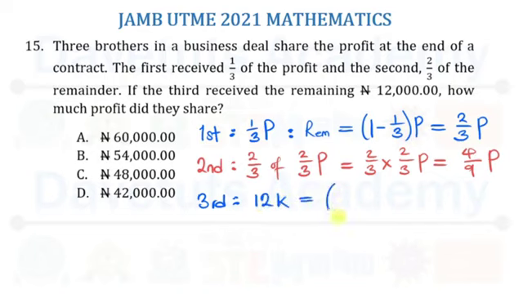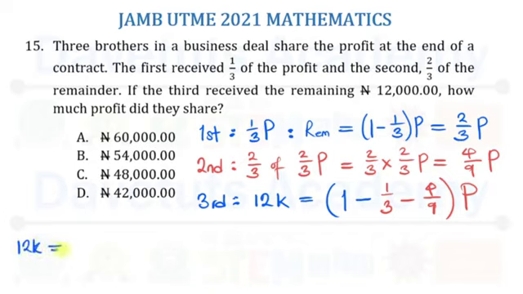Now that 12K is synonymous to the original value. If I take it as a unitary value, that is 1, minus what the first child took, which is 1/3P. So minus 1/3, minus what the second child took, which is 4/9. So I can say minus 4/9. And you can notice I'm not writing my P because I'm going to reflect P outside. Okay? So 12K is equal to this expression multiplied by P. Then I can say that means that inherently